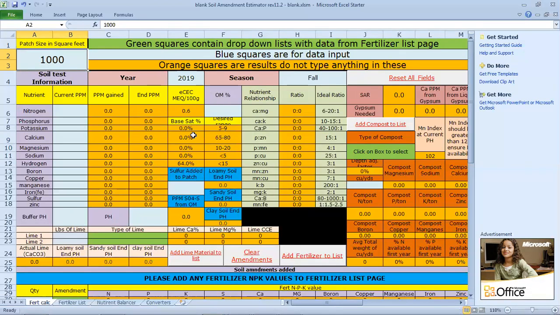This is actually a calculation, and it'll tell you, this is where I start. I start looking at what the CEC is, and I try to hit these ranges. I have the ranges that I like, but this particular cell right smack in the middle of the spreadsheet is a range that